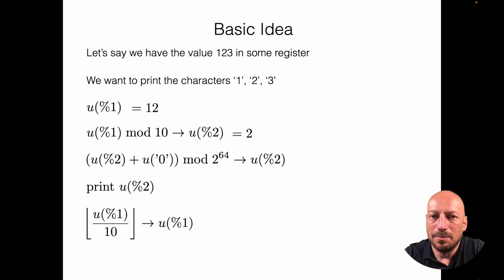compute its ASCII character value and print out this character, and then I continue with 1. And then the last time I will compute the last digit, the numerical value, compute its ASCII code, print it out, and then you see if the division by 10 gives you 0, you are done. Then you have printed out all the digits. And this of course can easily be generalized with a loop, and you can represent this in a flowchart